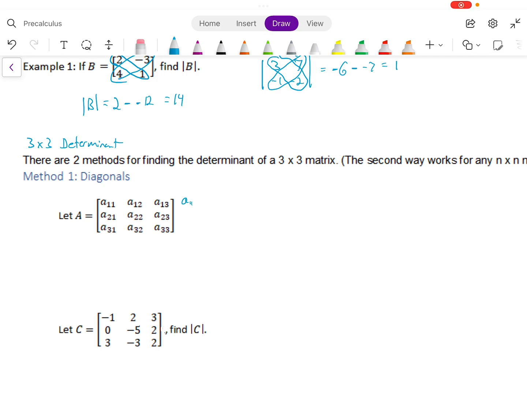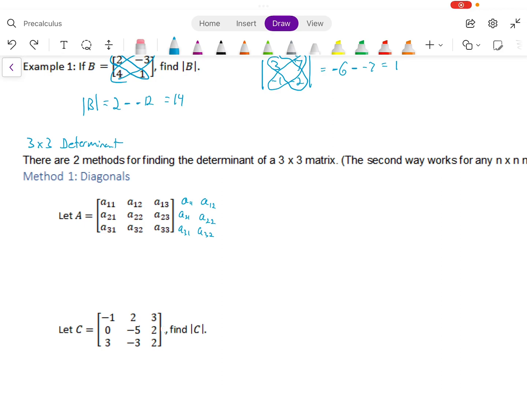So this is going to be A11, A21, and A31. And then the second column is A12, A22, A32. Remember, these numbers here tell us that we're in the 3rd row, and then 1 is the first column. All right, but we're not going to use that right now. All right, so once we rewrite those,